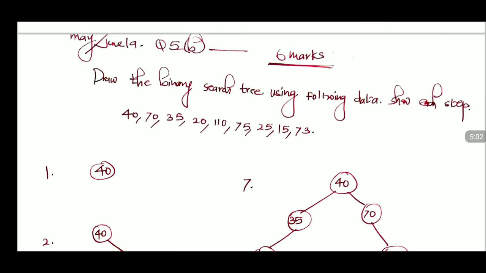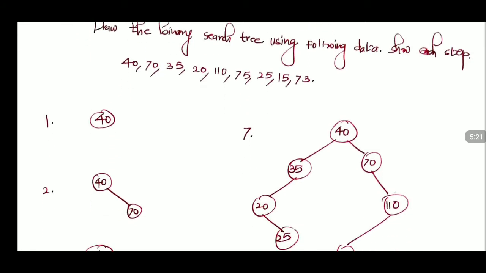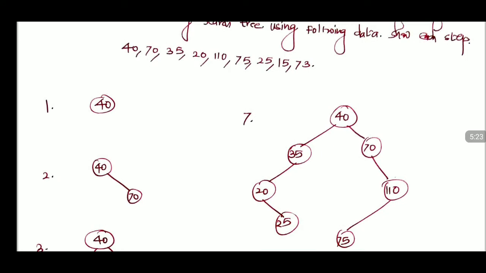our result stepwise. Now, in order to construct a binary search tree from the given data, the first element we are reading is 40. So absolutely this 40 is going to become the root of the tree. Now in the first stage, a root is constructed. In the second stage, the second element we are reading is 70. Now this 70 will be checked with the root. 70 is greater than the root, so it will go to the